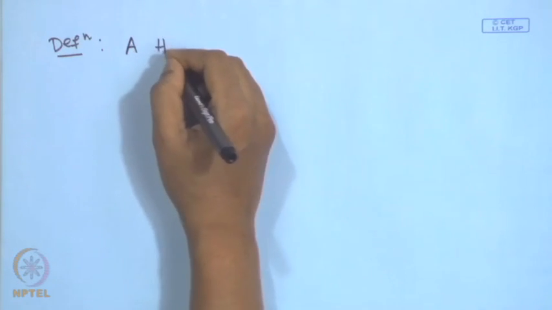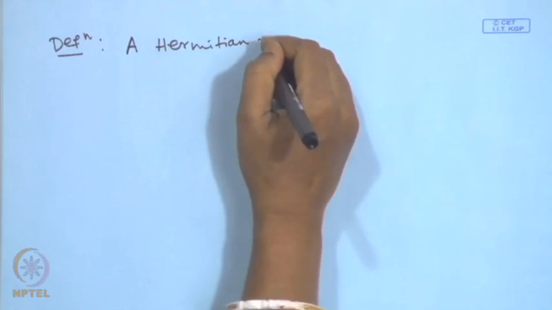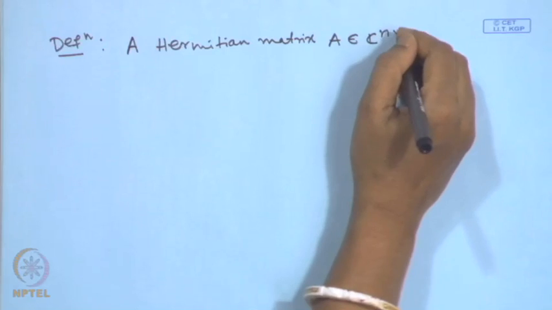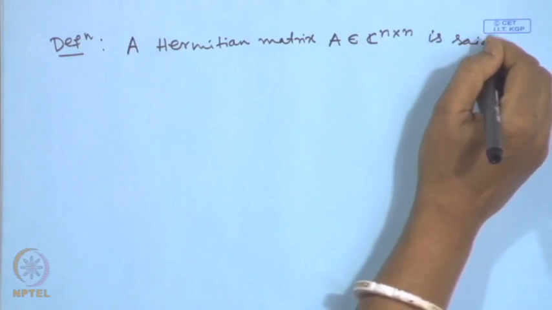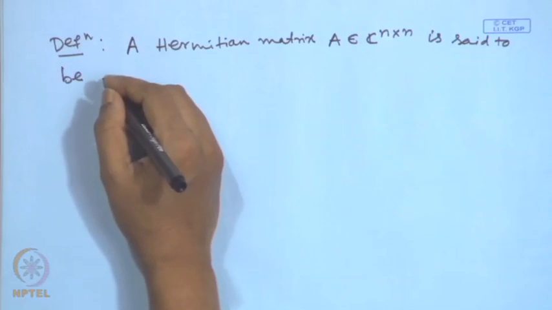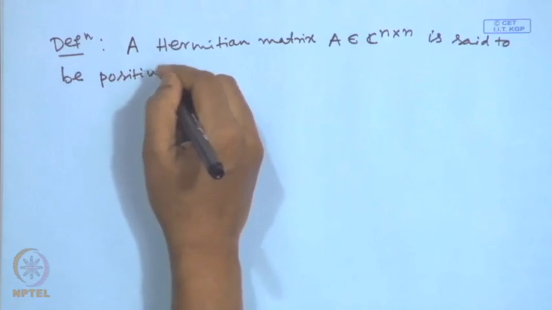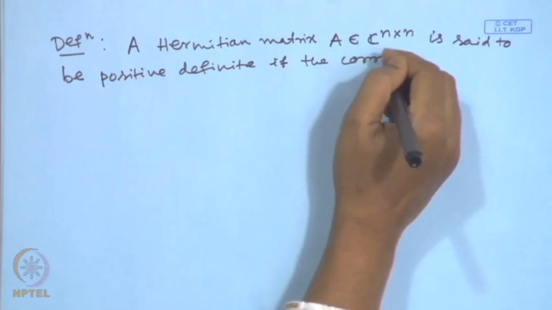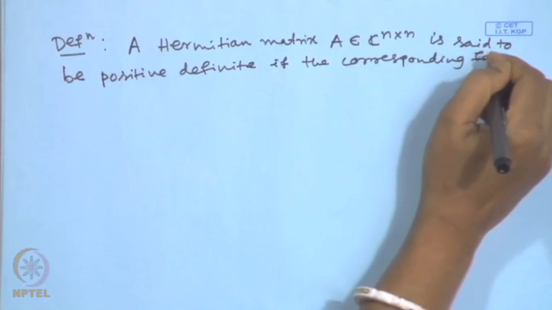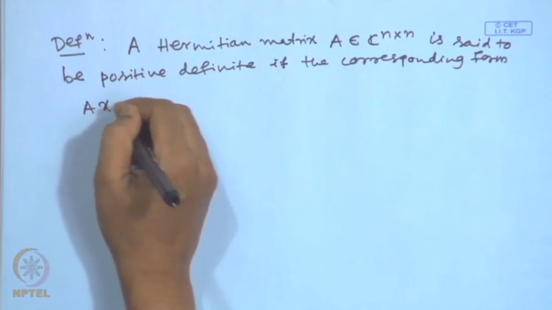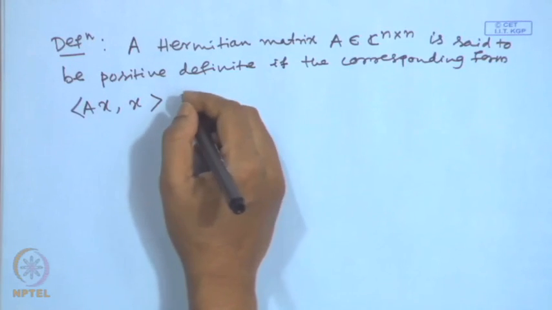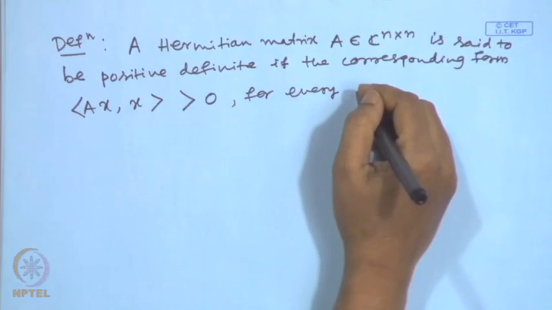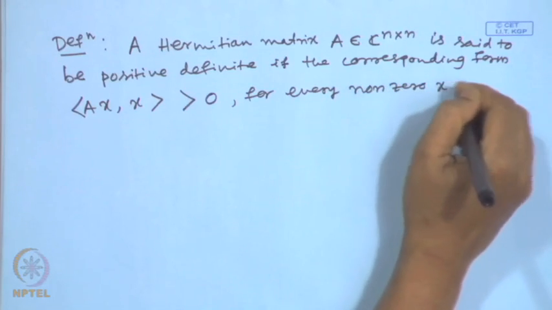A Hermitian matrix A belonging to C n cross n is said to be positive definite if the corresponding form, the inner product of Ax, x, is strictly greater than 0 for every non-zero x in C n,